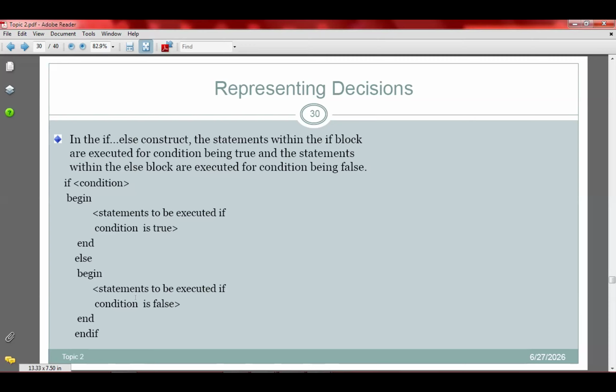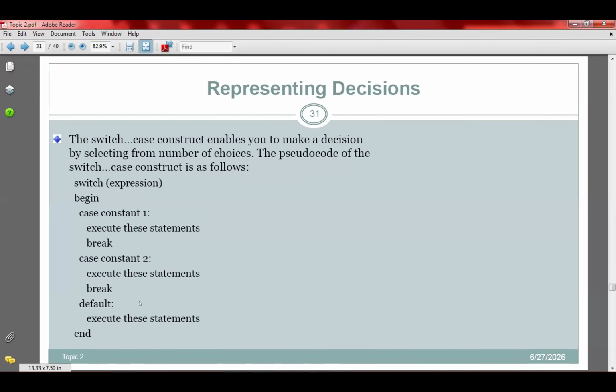It is used to choose between two alternatives based on the condition. If the condition is true, then one alternative is performed. If the condition is not true, the first alternative is ignored, and then the next alternative is performed. Then we have another one, the if else if. I didn't capture that one here, but we have another variation of the if, which is the if else if.